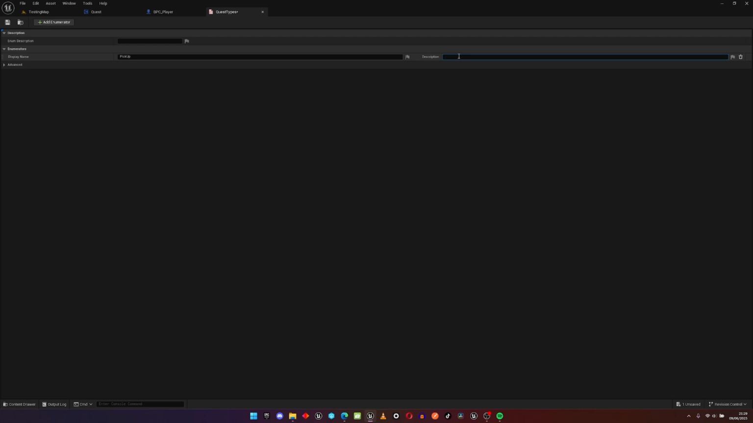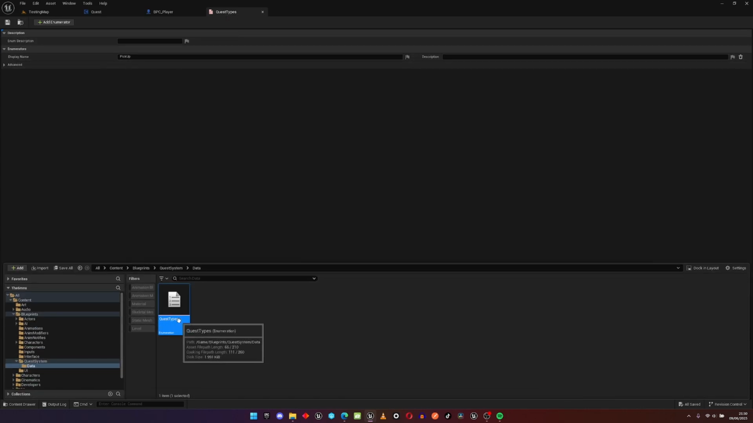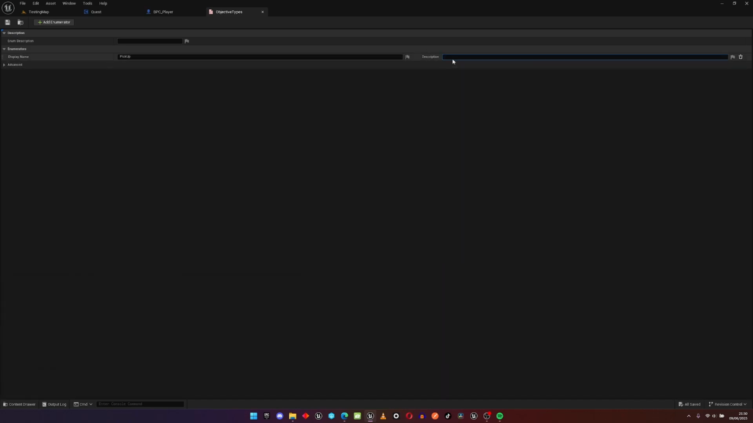Sorry, this is not supposed to be a quest type. I'll just name it an objective type. So this is a list that shows all the objectives that we can do. You can add your own description right there, and I'll add another one, and I'll say this is for